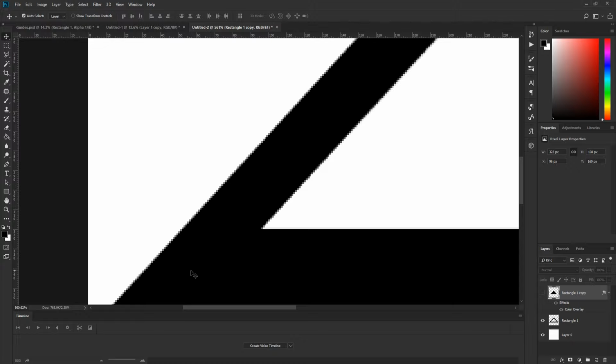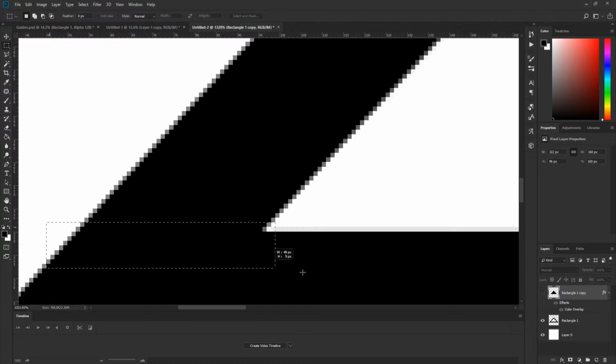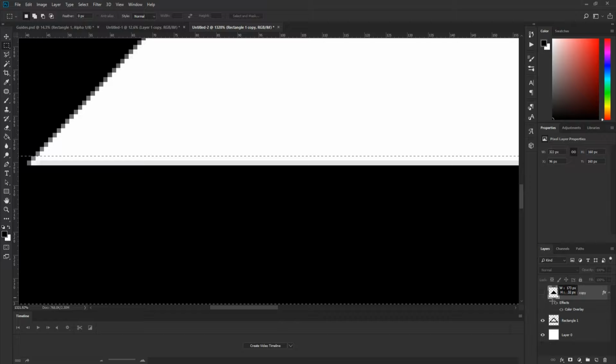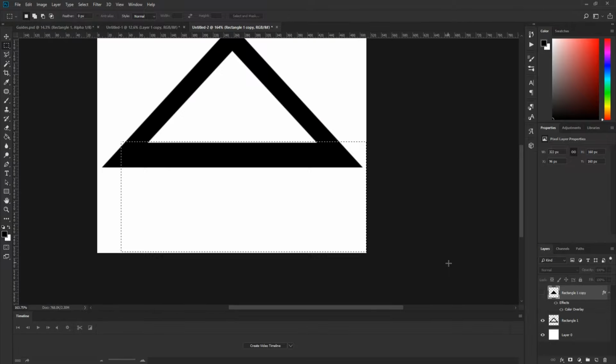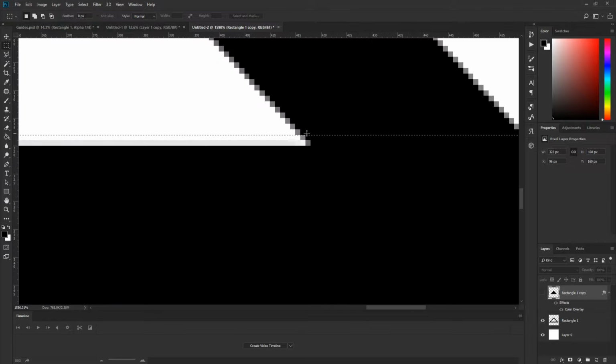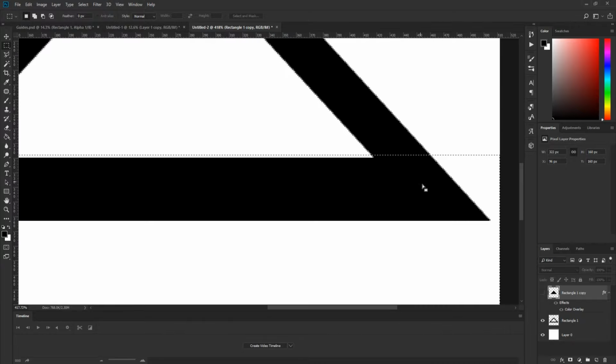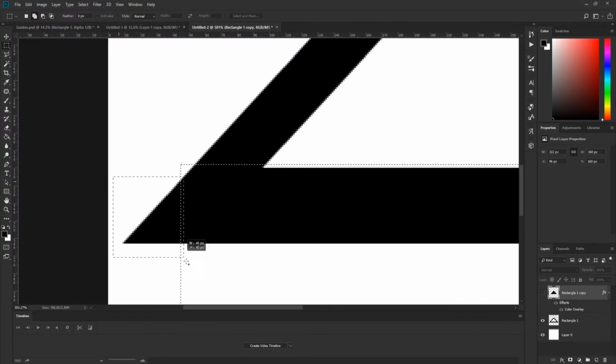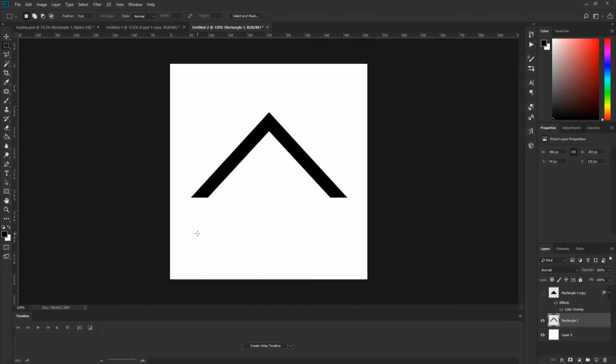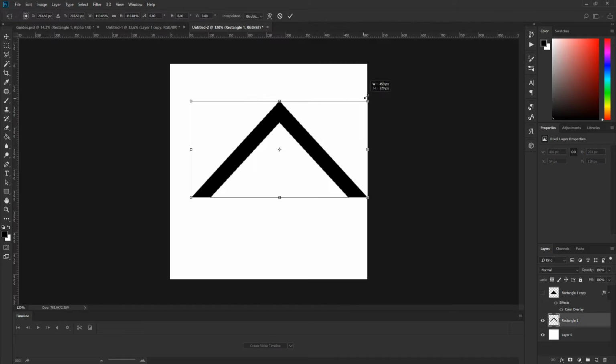Now what we have left to do is to delete this part right here that doesn't have a gap. And of course you can delete other pixels as well. Here at the top you can see I didn't select it perfectly. It doesn't matter, we can always resize it later. Delete. Okay, and now let's make this a little bit bigger